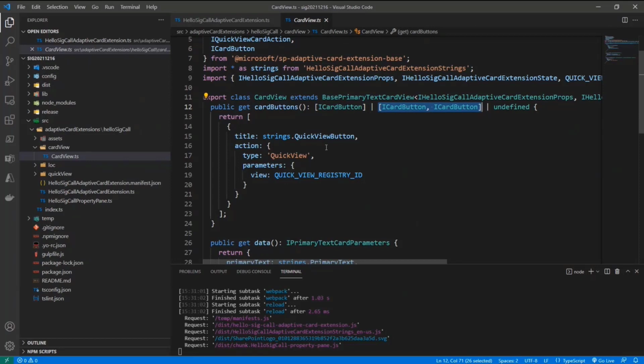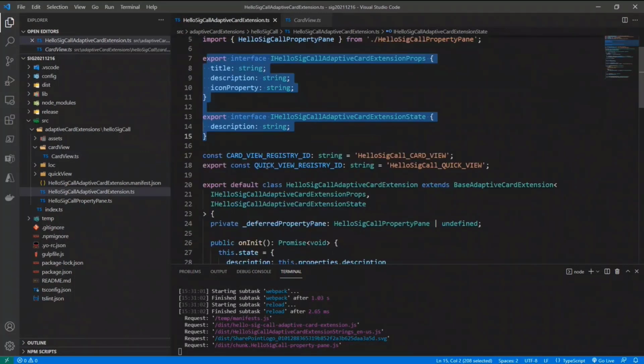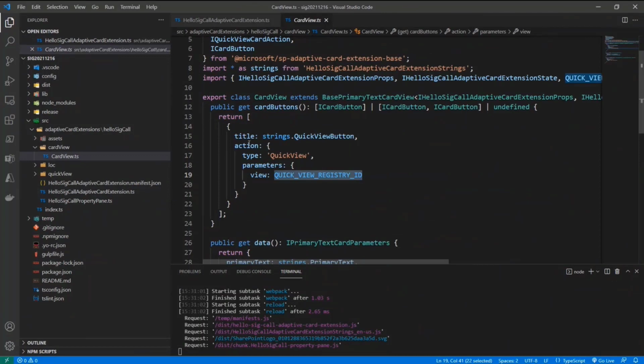A single button will be defined providing the type of the action that we want to associate with the button. And right now, the action that we have is quick view, meaning show a quick view. Which one? The one with the ID that we registered, defining our adaptive card extension right here. So at the very end, clicking on this button simply renders the quick view, which is defined